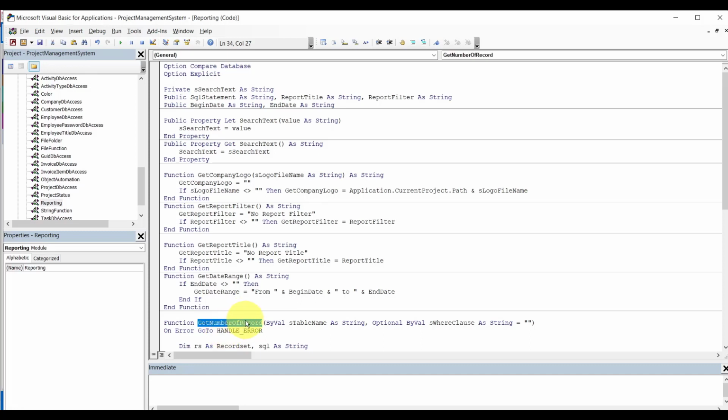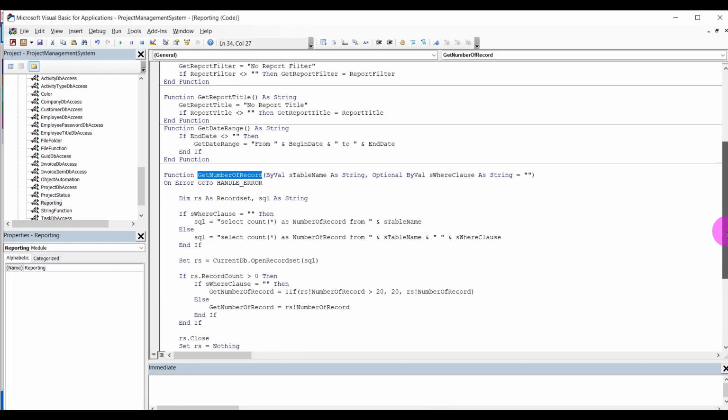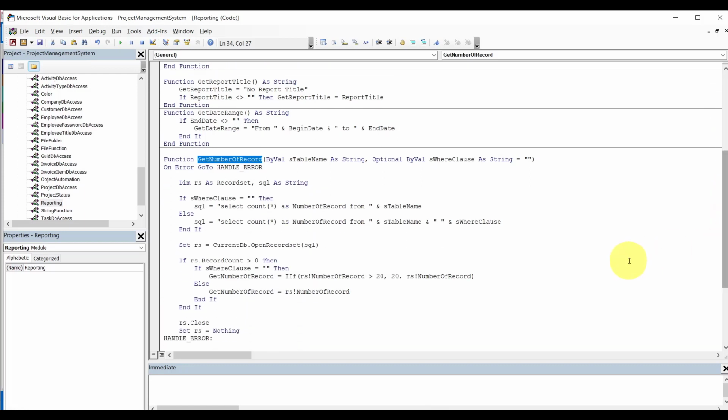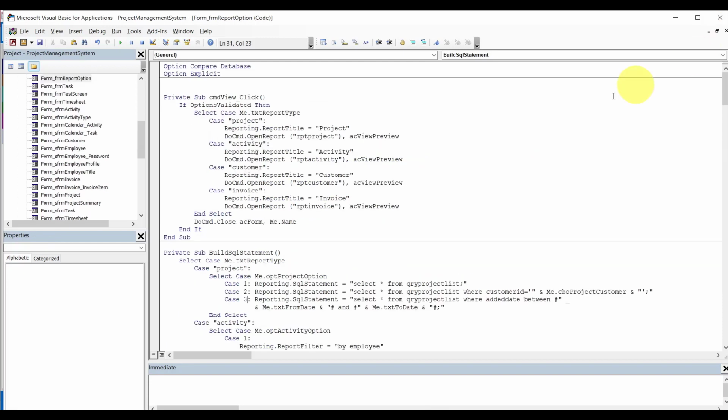We can do this. Get number of records. So let me show you how to fix that. We've got a function that returns the number of records for us. So after we validate,